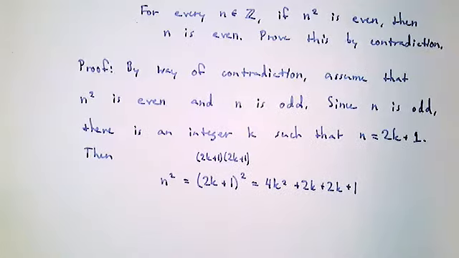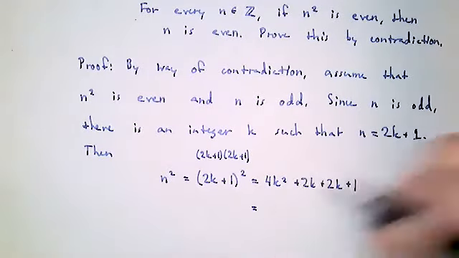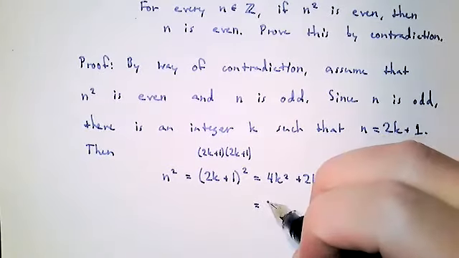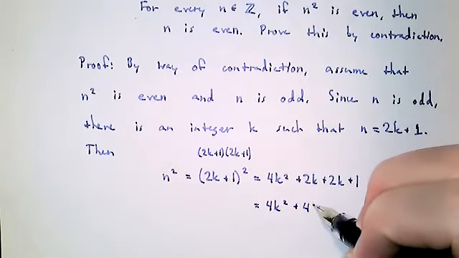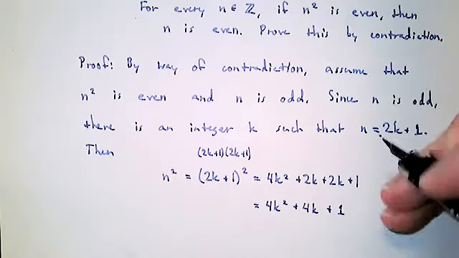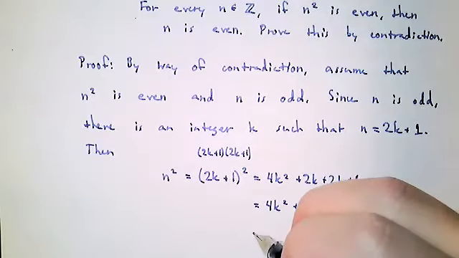And you can probably already tell, but I want to make sure we have all of the details included here. So first thing, you should combine the two k's. You'll get a 4k squared plus 4k. And we know that if we have an even number, we should have 2 times an integer here. And if we have an odd number, we should have 2 times an integer plus 1. And this plus 1 on the end tells us that, in fact, we are looking at an odd number, because